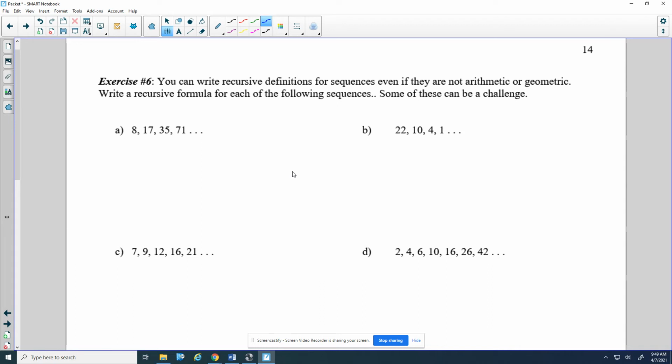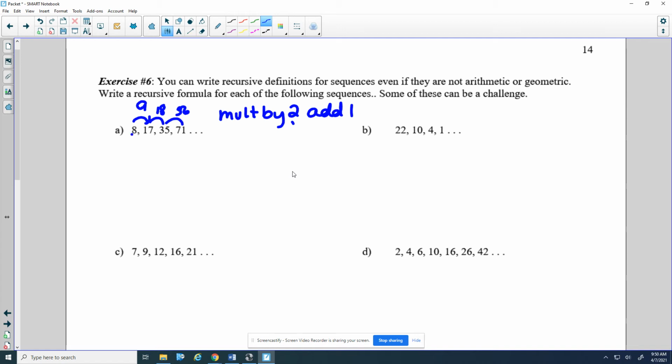So looking at A, you should have tried this on your own already. The first thing I notice is that I have this pattern of adding 9 and then adding 18. And then here I add 36. Now that's really hard to represent. But what you can notice here is that when I do this, I'm multiplying by 2 and then adding 1. So this is true, the 9, 18, 36, and looks like it might be a lead, but the easier lead